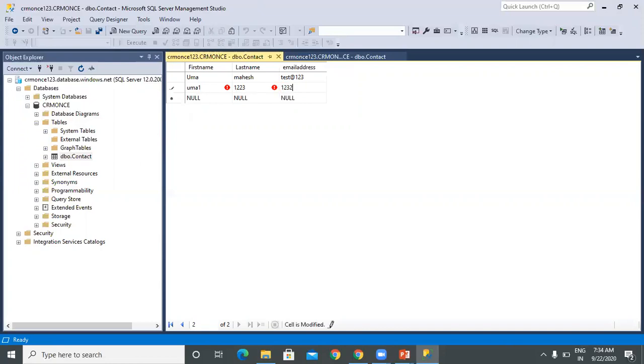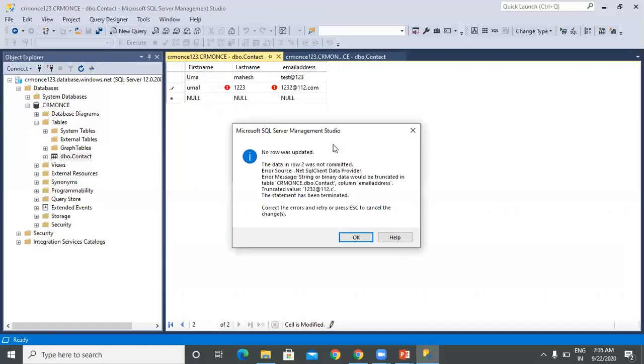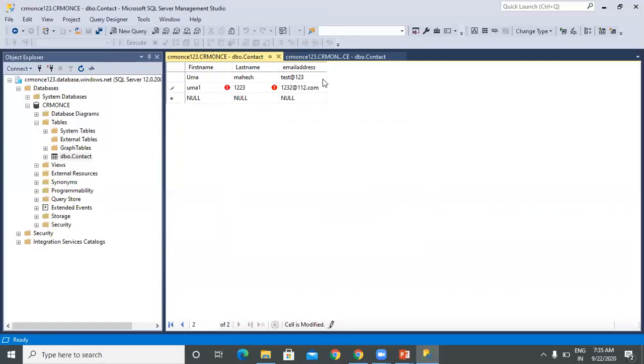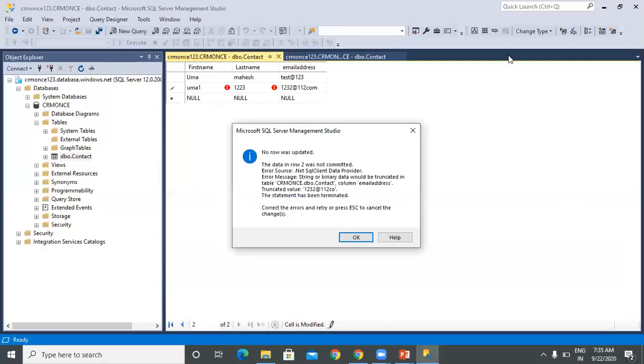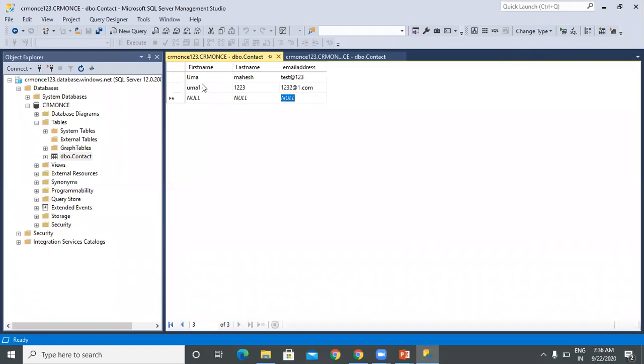So I'm entering some data to show in these Power Apps. 123.com. So here we can do this email address.